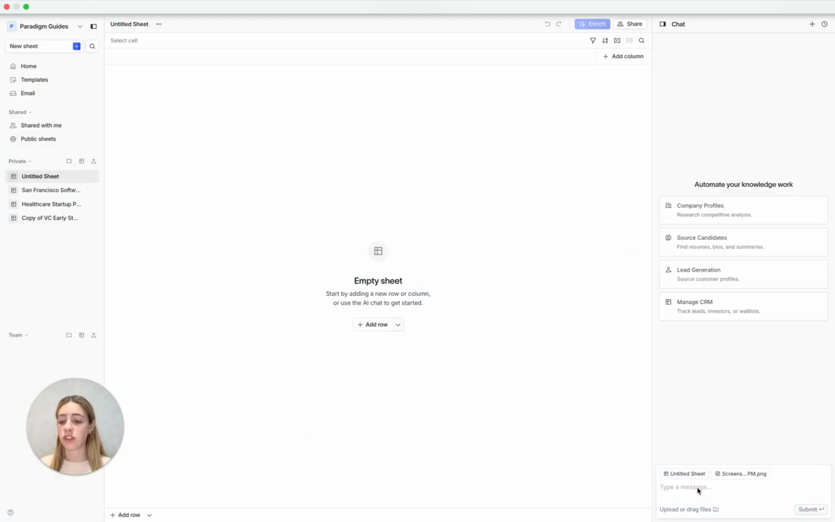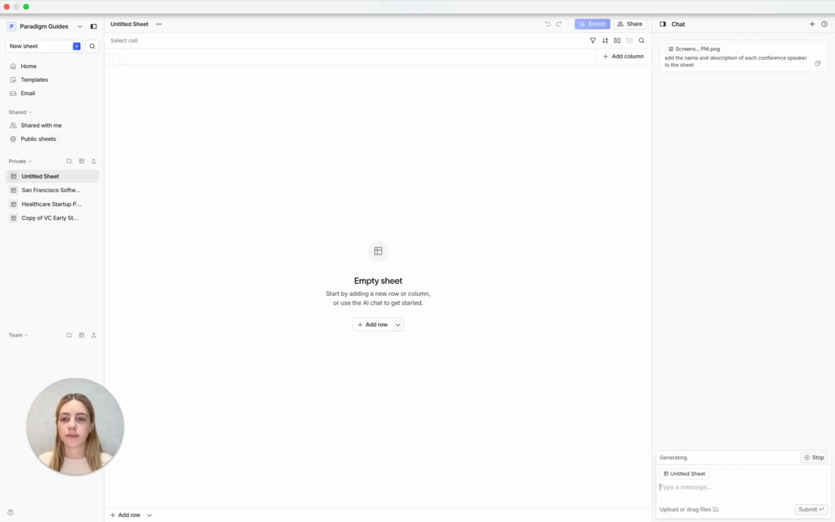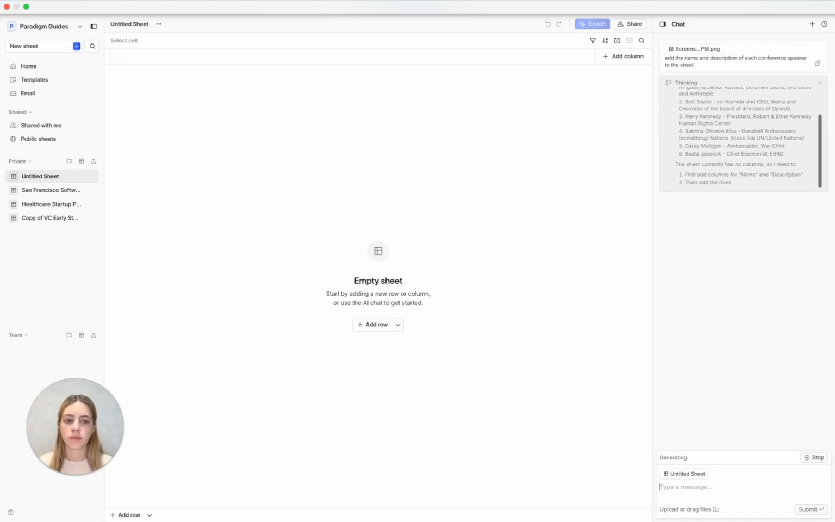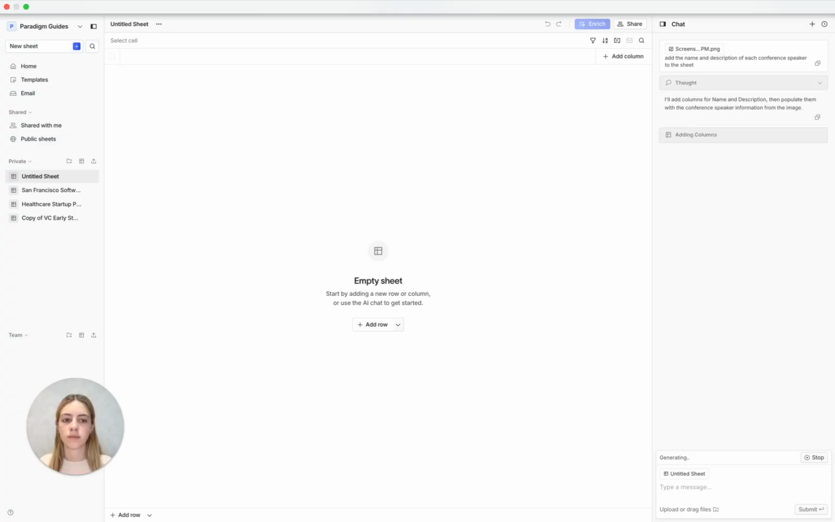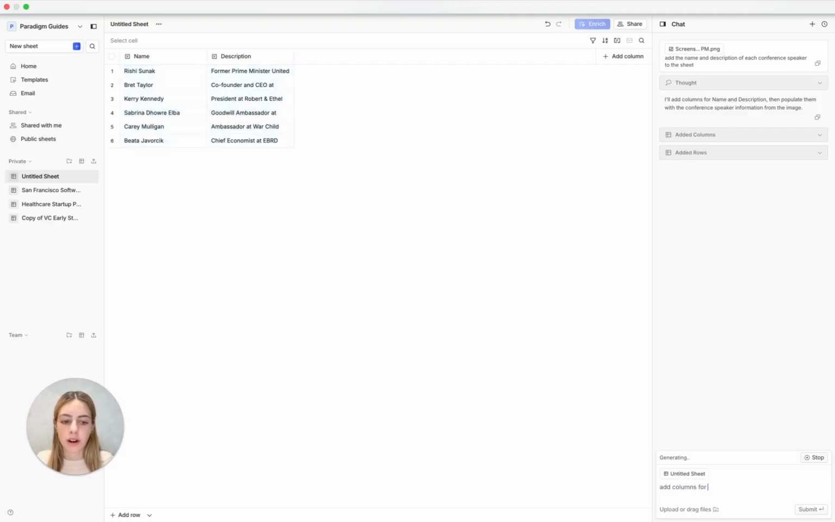You'll see that you can drag and drop, it will upload, and I'm going to say, add the name and description of each conference speaker to the sheet. Awesome. Now, as this is going, as a next step, I'm going to say add columns for